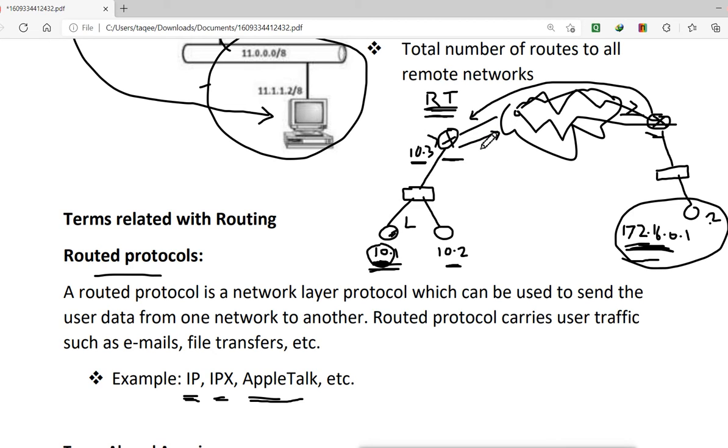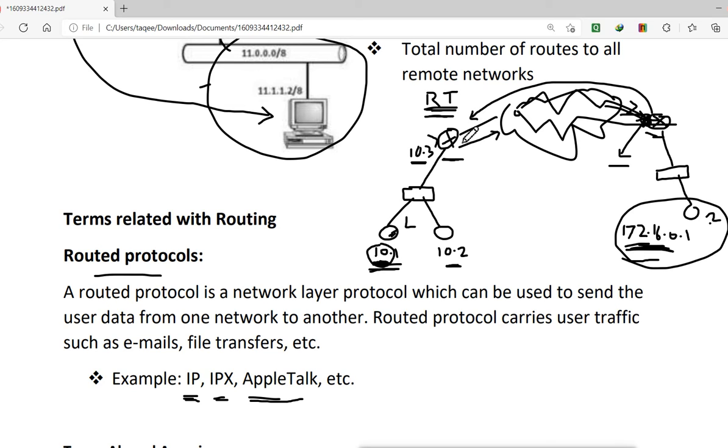So from this way, this will be the gateway. This interface, which is connecting this router to the WAN network, will be the gateway for us. That means the gateway for this router will be this interface IP address. Whatever the IP address you have in this WAN interface, that IP address will be the gateway for this router, for this network. For this network on our router, this will be the gateway. Or we can say the outgoing interface.